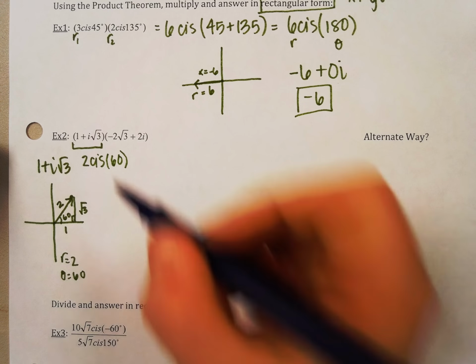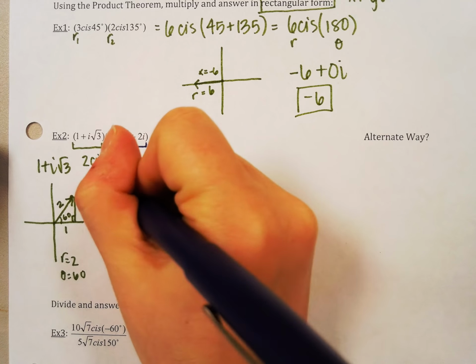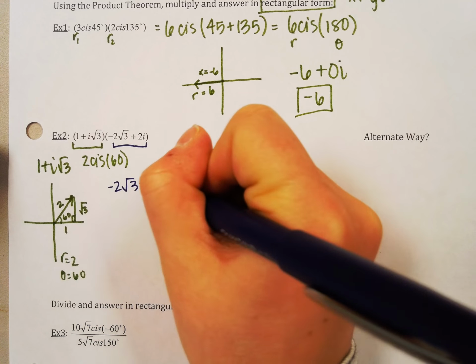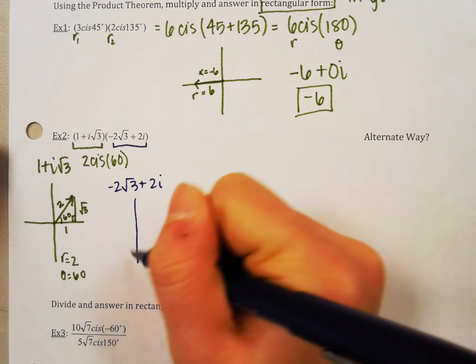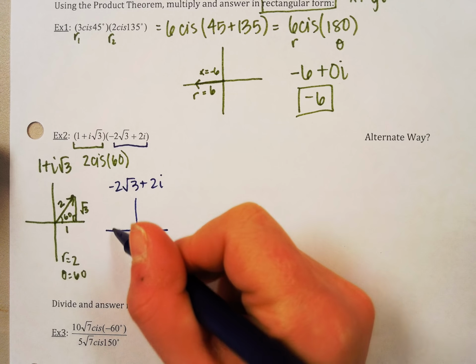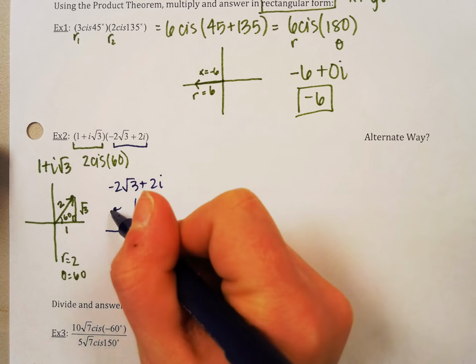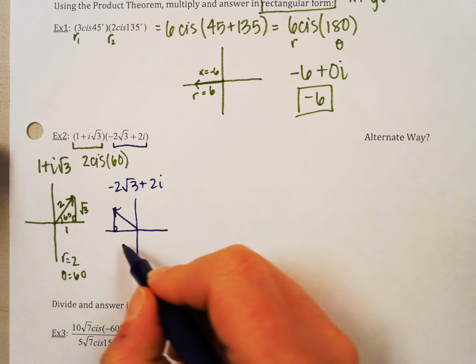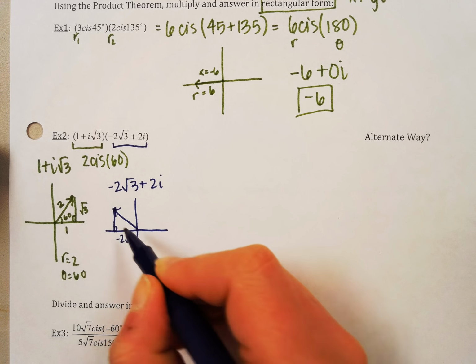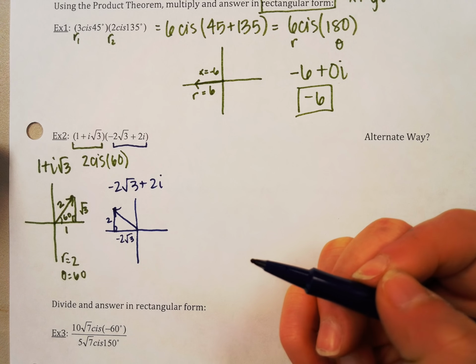And we're going to do the same conversion for this second one that we have. So that's negative 2 root 3 plus 2i. Negative 2 root 3 on our x values and positive 2 on our y values means that we are going to be in quadrant 2. So this is negative 2 root 3. This is positive 2. Again, that root 3 kind of tells us that we're probably dealing with the 30, 60,